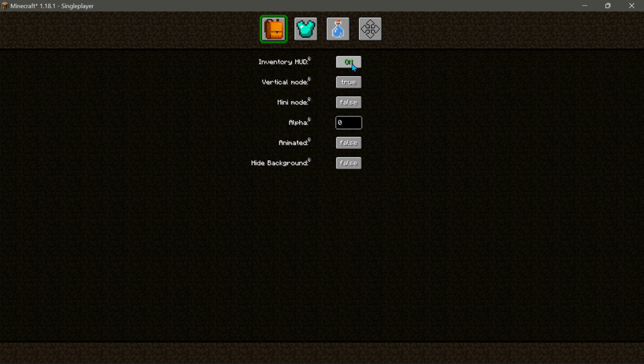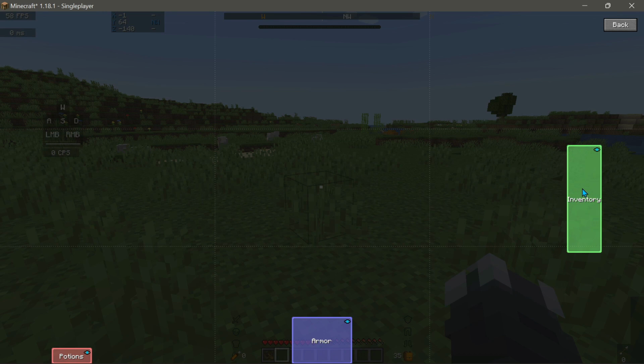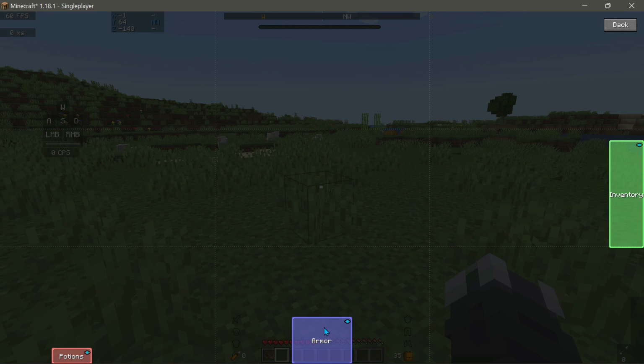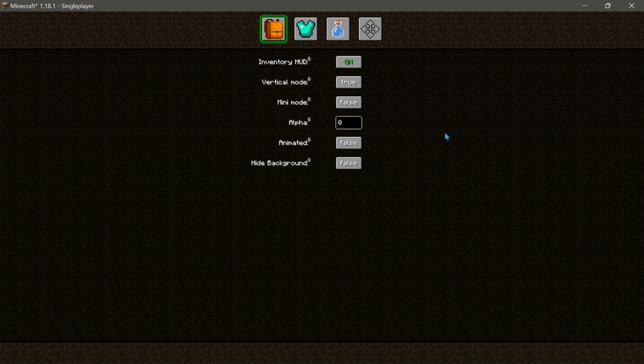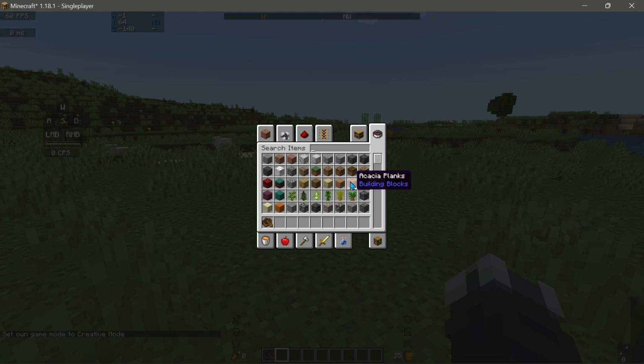As you guys can see, we can turn on and off all of these different sections. If I click on the HUD positions over here, you can see that I can choose to see my inventory items, my armor section over here, and my potions information. For my inventory items, I can choose to have that in a vertical mode or in a horizontal mode. So let me go ahead and place some items into my inventory so I can quickly show you guys how that would look.